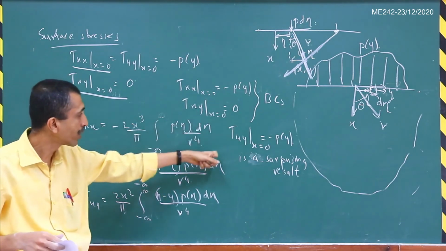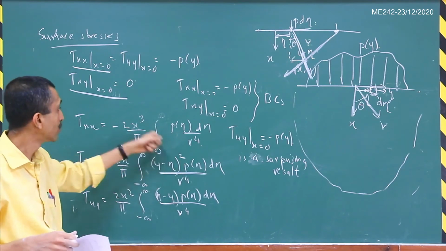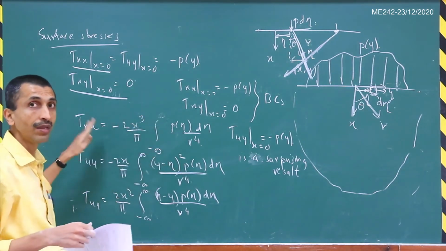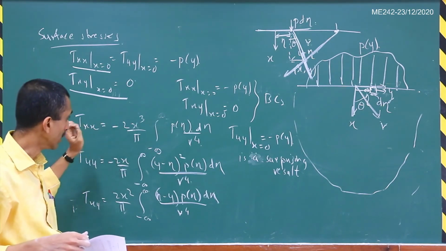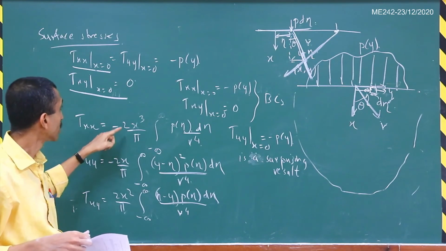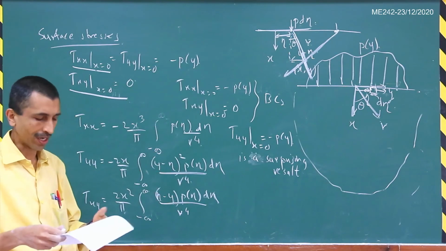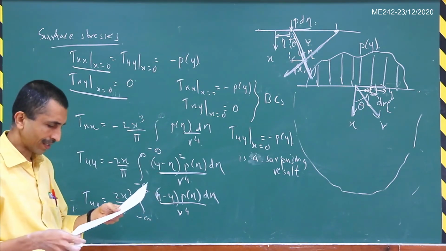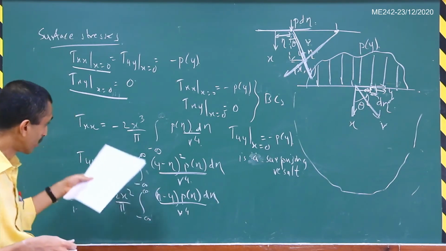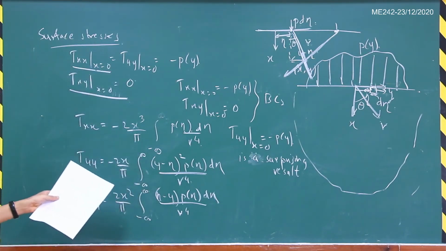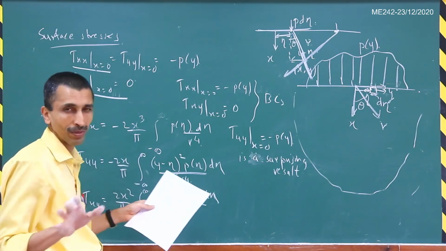So basically after you evaluate this integral, there may be something like 1 by x cube kind of terms which will cancel this, and then when you take the limit as x tends to 0, you will see that the stresses will be of this particular kind. That proof is a little bit difficult, so I am not going into that result about how to get that, but you can find out these surface stresses by a little bit of sophisticated mathematical analysis, which I am not going to get into for the purposes of this particular course here.